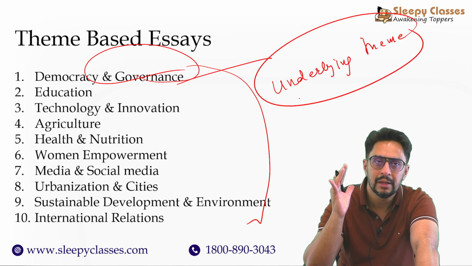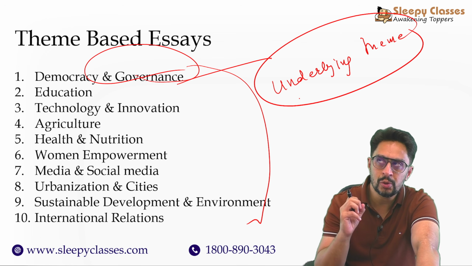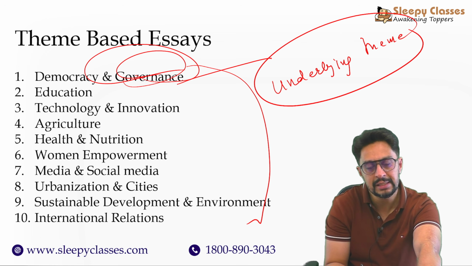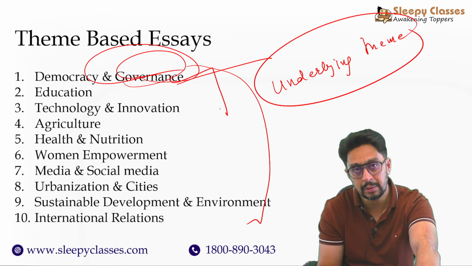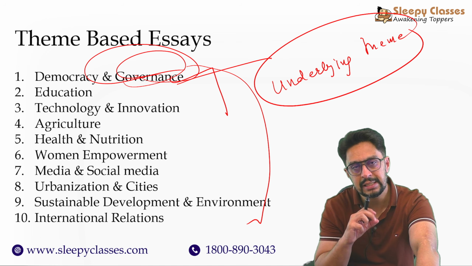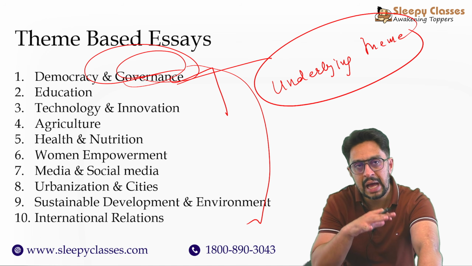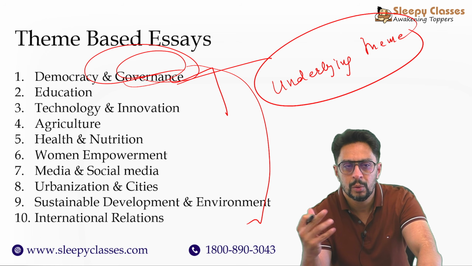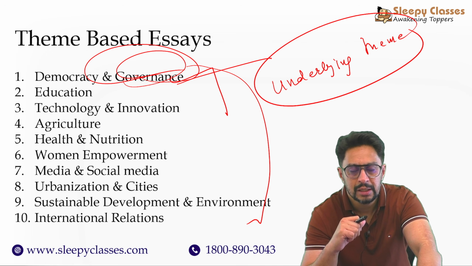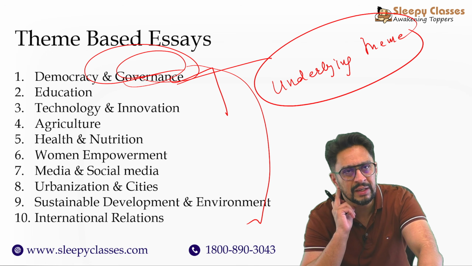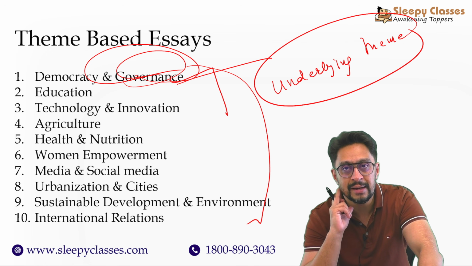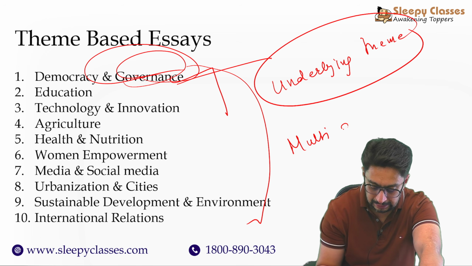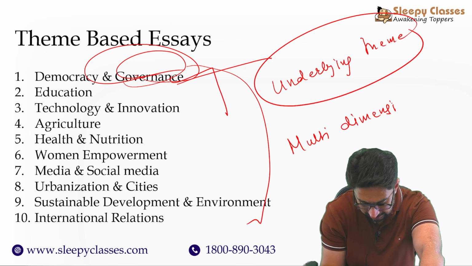Now understand one thing. Now in such a situation, can we also try to understand and think that if happiness की बात हो रही है, हम democracy और governance का dimension कैसे लेके आ सकते हैं happiness की बात में? हम education का dimension कैसे लेके आ सकते हैं happiness की बात पे? हम agriculture का dimension कैसे लेके आ सकते हैं अगर underlying theme बात कर रही है कि happiness is something which is not an end in itself but a means. So therefore you have to be very smart in terms of correlating different themes with the underlying essence of the topic, and therefore it is always good to have a multi-dimensional essay.